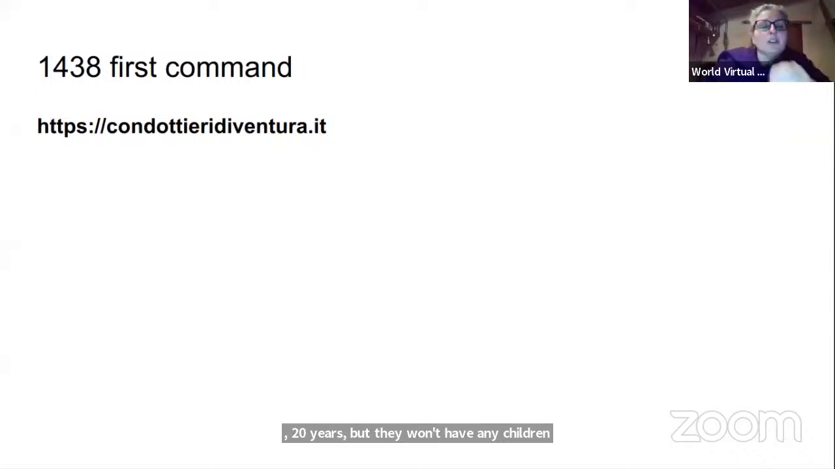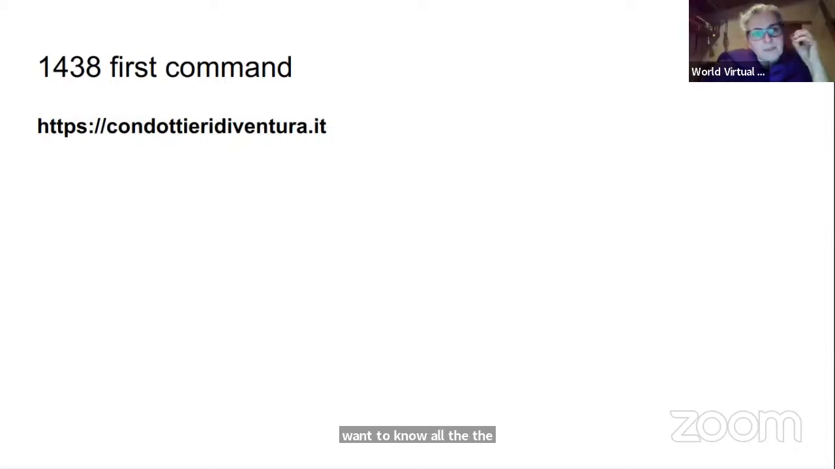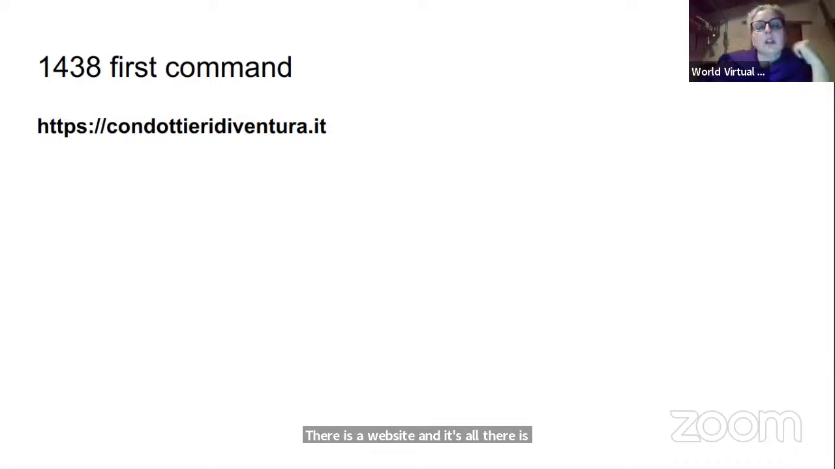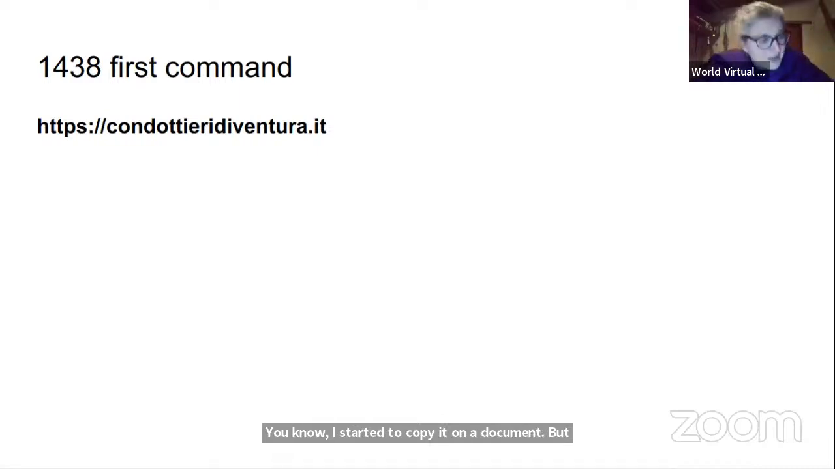And then when he's 16 years old, in 1438, he gets his first command. So, he has a military career. And so if you want to know all the commandments, so all the wars, all the battles he fought, for whom and how much he was paid, you can go on this website. There is a website, and there is also an English translation. So Condottieri di Ventura. I started to copy it on a document, but it was more than 50 pages